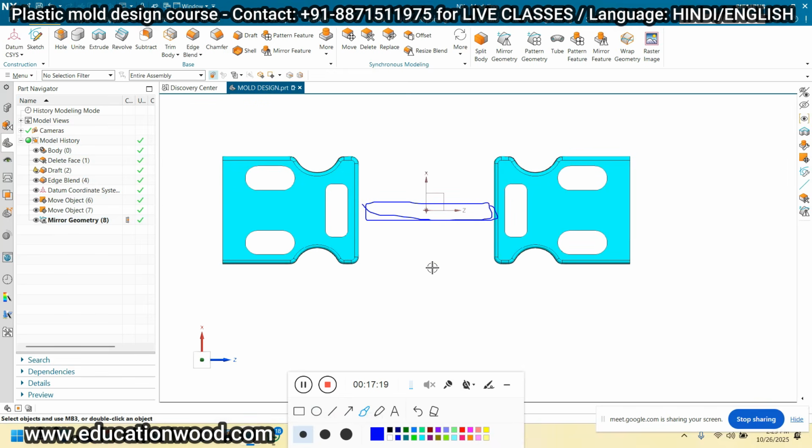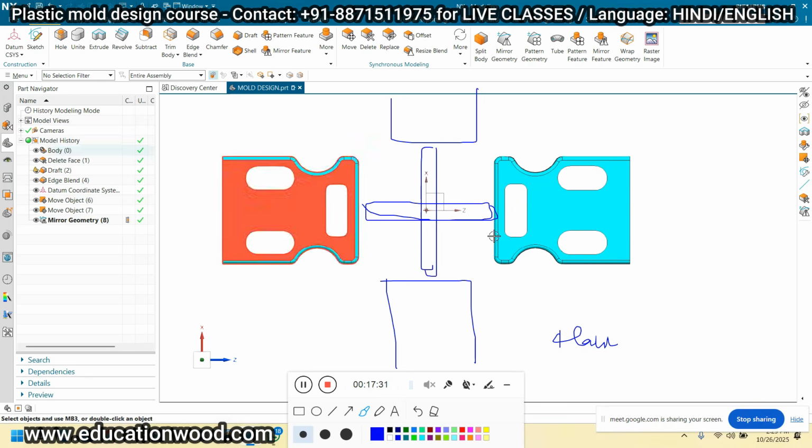If I take one component here, it will be a four cavity mold we can prepare, right or wrong? So our runner will be in a star shape like this, and I can take one gate here, one gate here, one gate here, and another gate here, right or wrong?